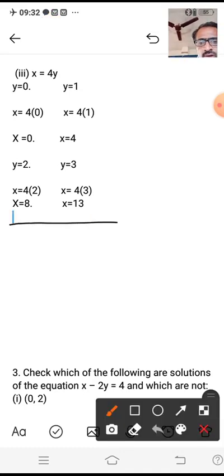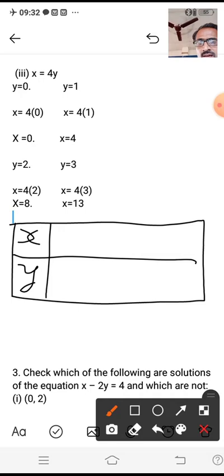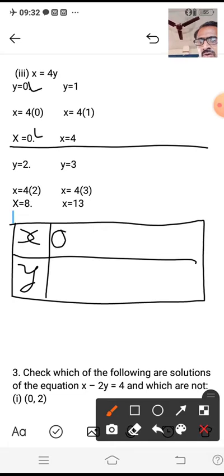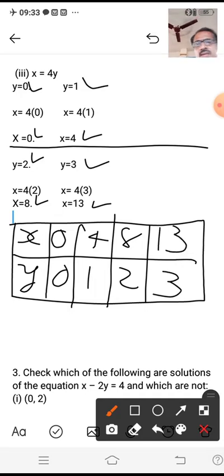Let us write all these solutions in the form of brackets. So here it is our x, here it is y. Now here you have to take care while writing. First value of y we have considered, and x is 0. X is 0, then y 0, then x 4, y 1, x 8, y 2, x 12, y 3. So here this question number second is also over.